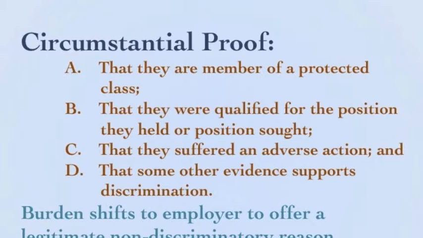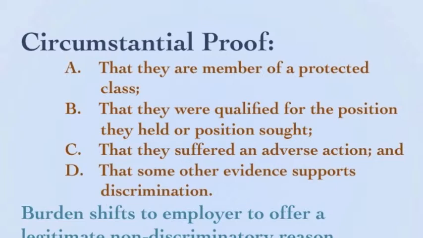And what the employee has to do is offer what is sometimes referred to as a McDonnell-Douglas case. In other cases, attorneys refer to it as a burden-shifting case. Initially, the employee must offer evidence of 4 factors. One, they must show what protected class they are in, so the discrimination is directed against me because of my race or color, etc. Then the employee must show that they are qualified for the position that they held or the position that they sought. Next, the employee must show they suffered an adverse action.